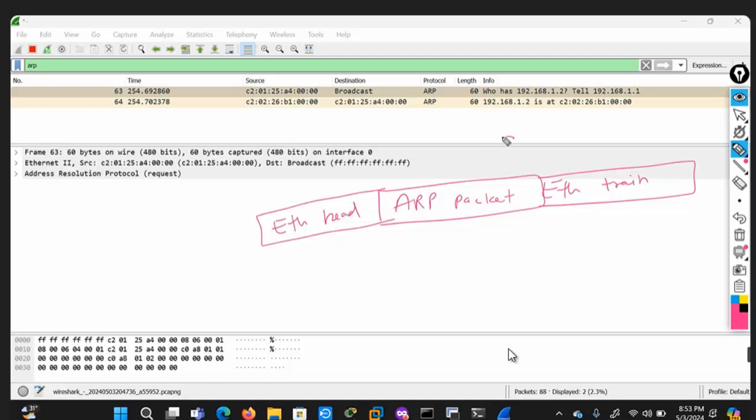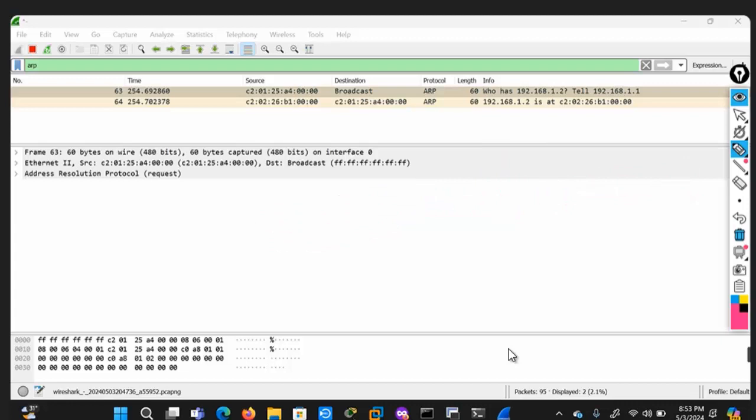We need to understand this is a layer 3 technology, though some people say 2.5 technology or 2.5 layer, but it is not, because there is no 2.5. There are 1, 2, 3, 4, 5, 6, 7 layers in the OSI reference model, right? So there is no 2.5 technology. If anyone asks you which layer ARP works on, you need to reply that ARP is a layer 3 protocol. So ARP is encapsulated over the Ethernet, right?